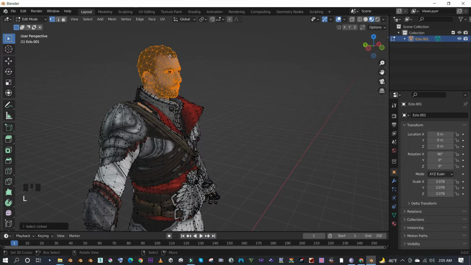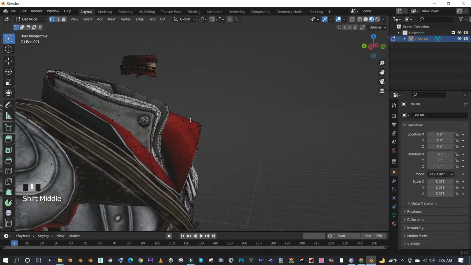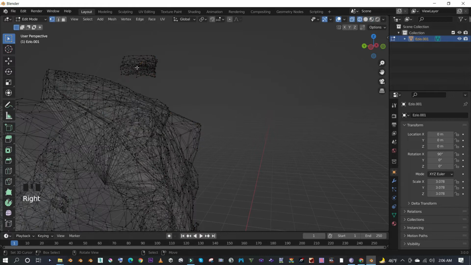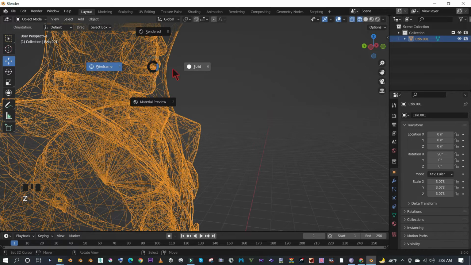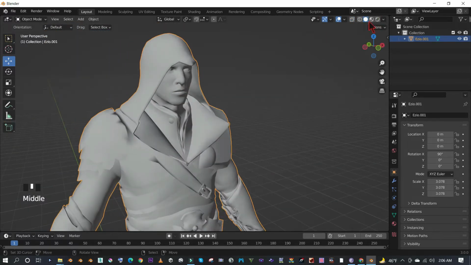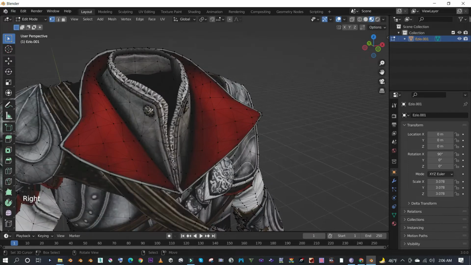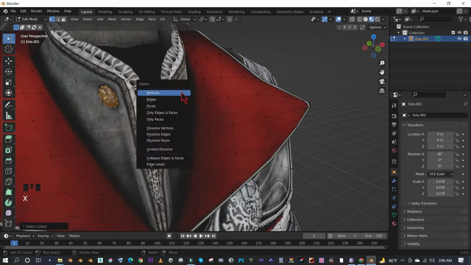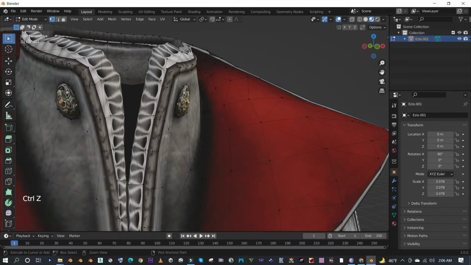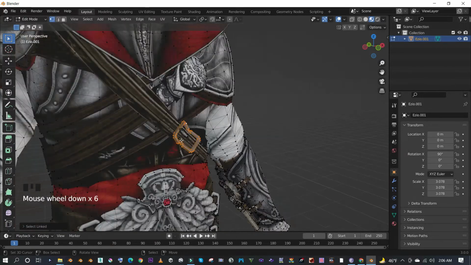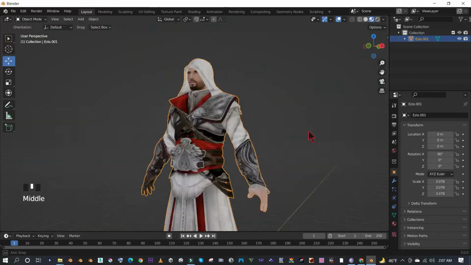I hide the face and I'm going to hide the eyes, but I'm going to delete this mouth. This is the inside of the mouth, like teeth and tongue. I don't need it in this particular model because I'm going to use it in Unity. So you can do some experiments. You can remove vertices or extra vertices there. I am doing this because we need fewer vertices if we want to put a character in Unity 3D.